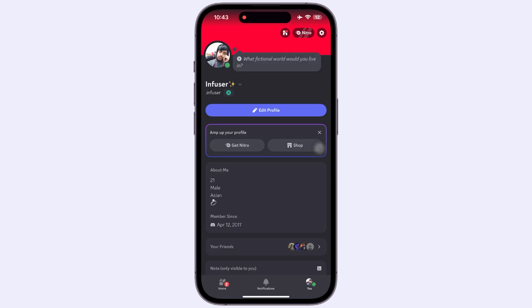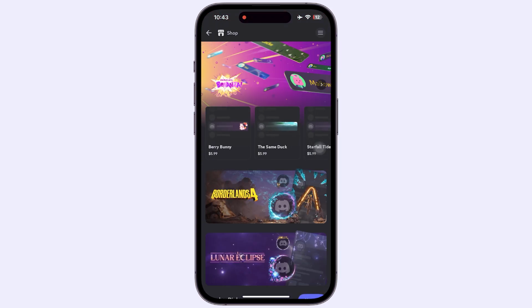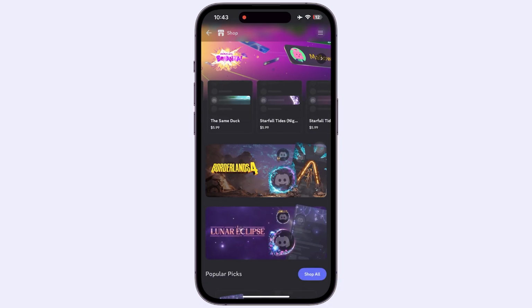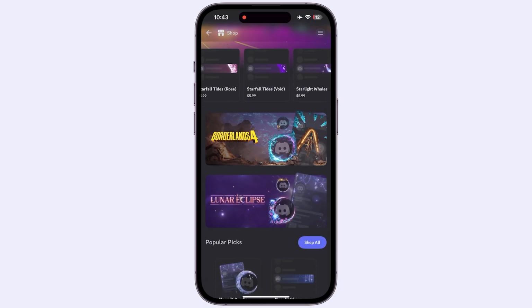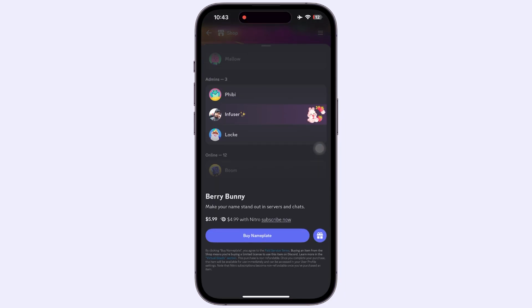and from here you can simply choose which type of decoration you would like to give. So you can see we have multiple types of decorations on top and we got some at the bottom, so choose anything that you want to gift,